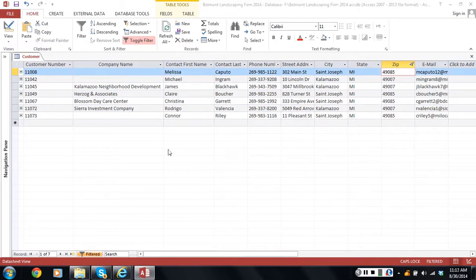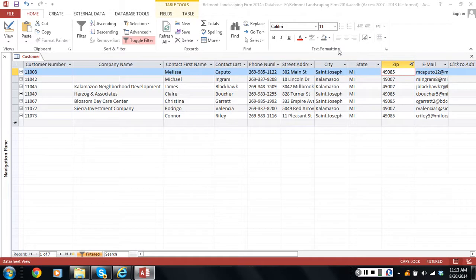Number 11 of your homework here is asking you to just change the view of the query. That's not a very valuable thing because people usually don't use queries for viewing. They usually turn them into reports. But in order to appease the homework assignment, in order to remove the grid lines and change the format